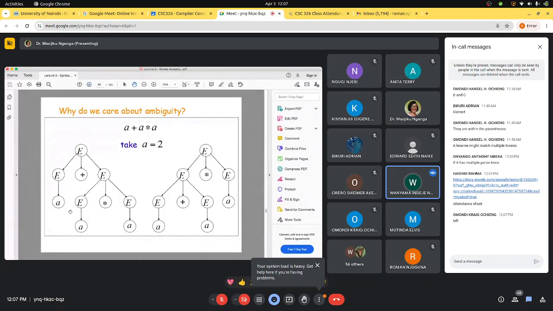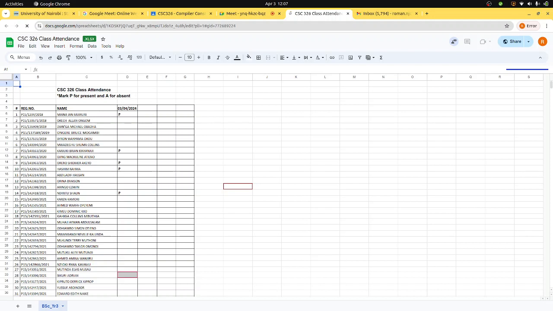So here we want to first make sure, before we do the plus, we get the result of this subtree by doing the times, and then we add the result of times to this A, as opposed to the other way around. So we do care about ambiguity because in this case, if we just try to substitute those values, the first tree will give us 6, which is the correct answer, and the other gives 8. So you can imagine if you have a compiler that decides, for some reason, to use this tree,